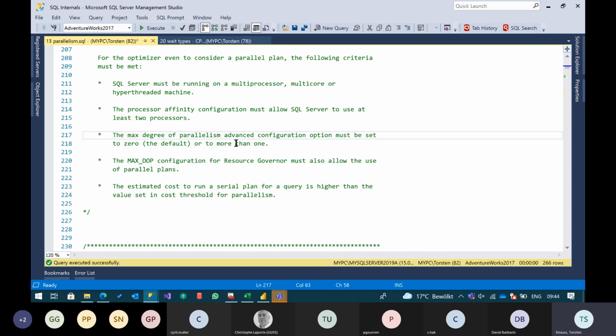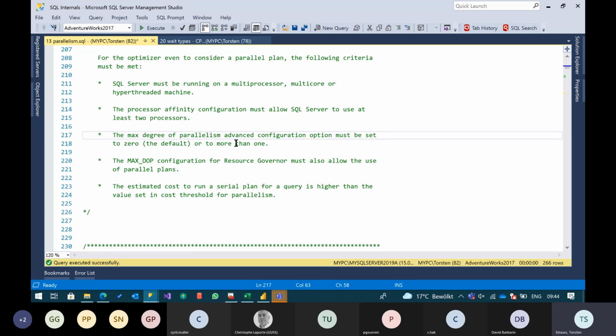By the way, I'm currently working with a customer on an SAP system. SAP recommends to set a maximum degree of parallelism to 1, which means every user query is single-threaded. Internally, SAP runs all their queries with a hint, which is MAXDOP, which overrides the instance setting. And I think this is a little bit unfair, because the internal SAP processes are running very fast. All user requests are running really, really slow